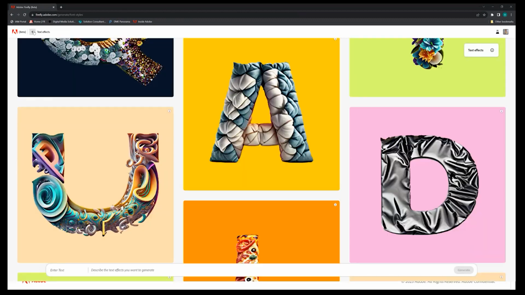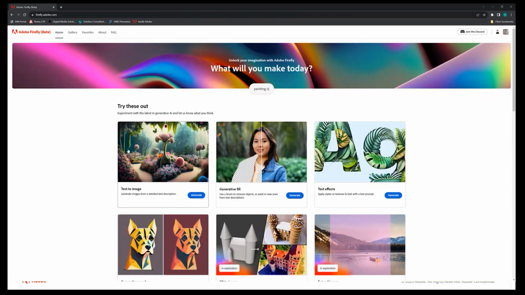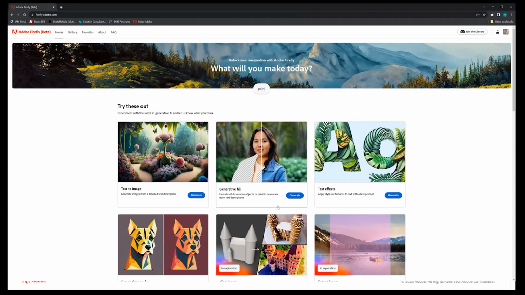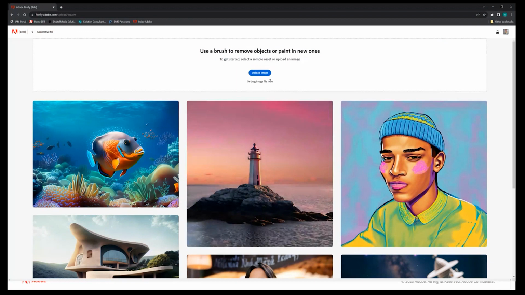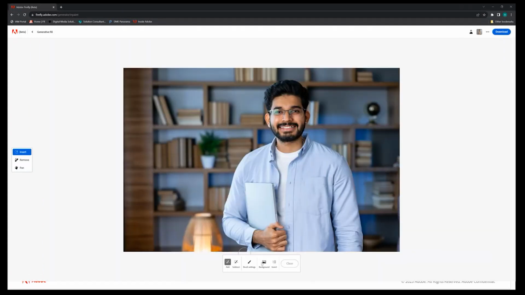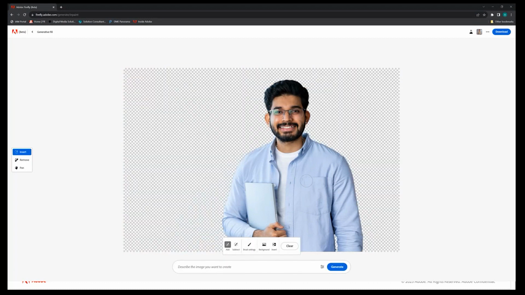Now let's move forward. I would highly encourage that you also give all these things a try. You just need to log in with your Adobe ID. Generative fill, I will show you a lot more on generative fill in Photoshop, but let me quickly show you what you can do here also. I will upload one image here, and let's say I remove the background from this image. You can see immediately the AI recognizes the background and removes it. Now, what type of background do you want? Simply write it here. So maybe I want an office